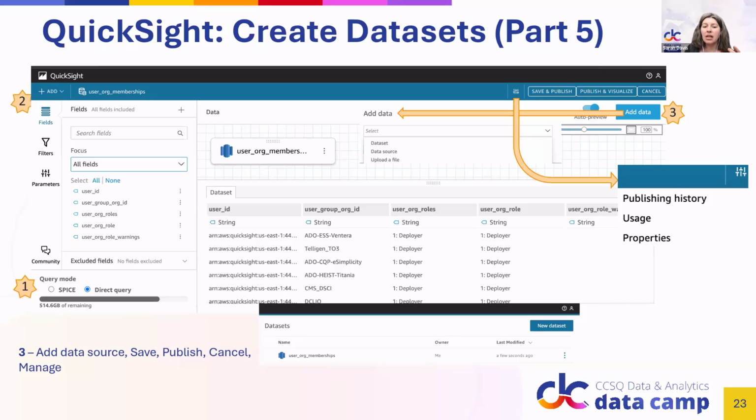You will then see it when you go back to data sets on the overview navigation panel of QuickSight. If you ever have questions about a data set, you can come back in and open it, and you can see a publishing history, what assets within QuickSight are using this data set, and any additional properties that you've set up for that data set.